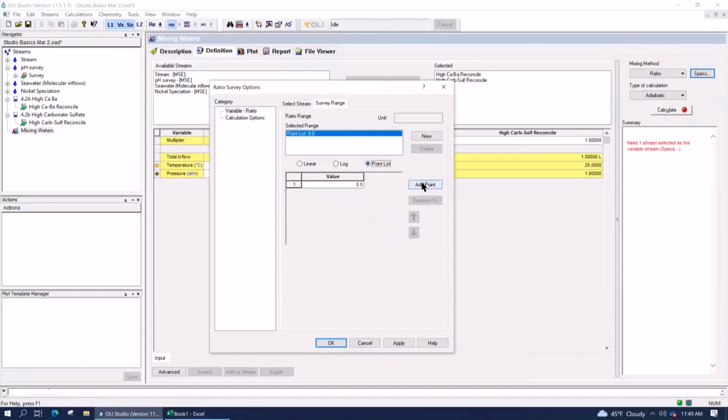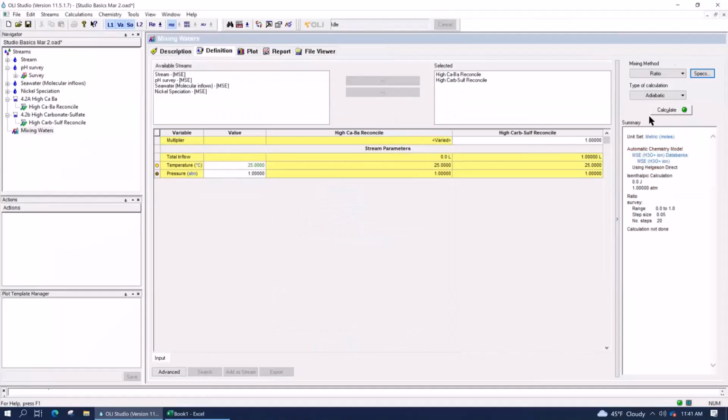I can actually add 0, 0.1, 0.2, 0.25, 0.4, 0.5, etc. Okay, that's another way we can go. But in this way, we're just going to go linear, 0 to 1, which means 0% of the calcium barium to 100% of calcium barium in 0.05 increments. Press OK. The light is green.